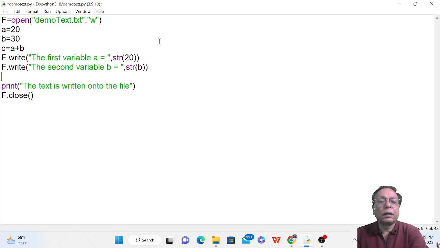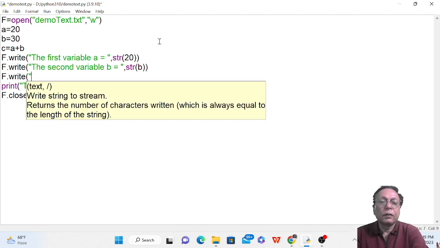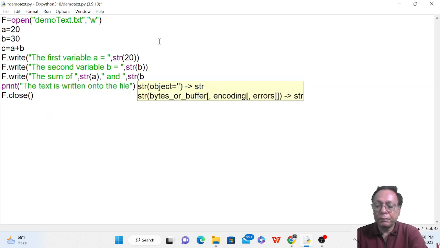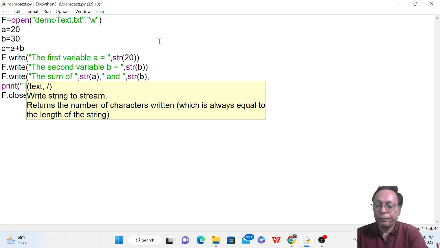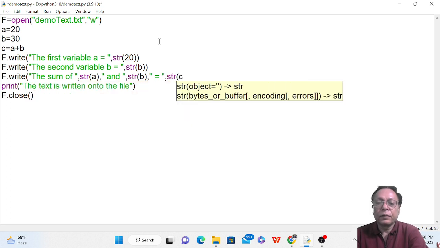and third also f.write the sum of str a and str b is equal to str of c,